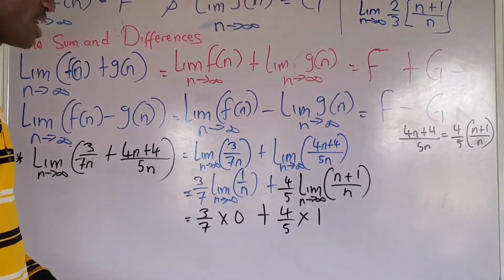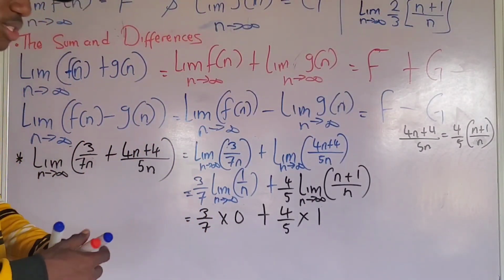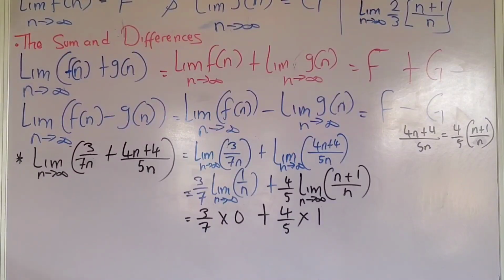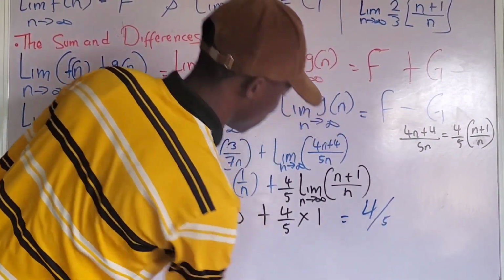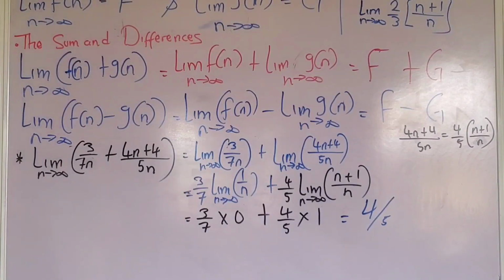So the final answer to this question is what? That will be 4 over 5. Okay? The limit of the function is 4 over 5. If you get it correctly, kudos to you. Okay, so that is the application of the sum. You understand? Now, there are many other rules that we're going to talk about. But before that, I want to